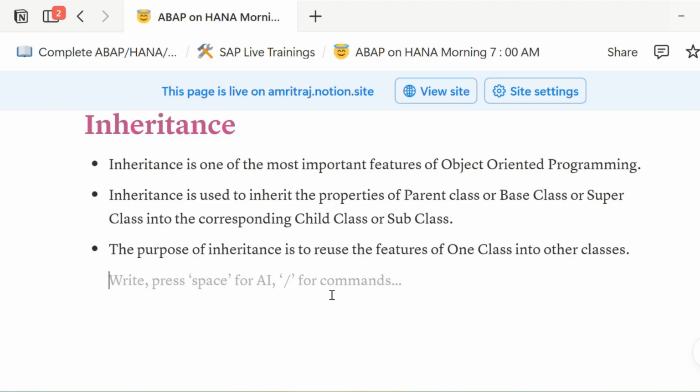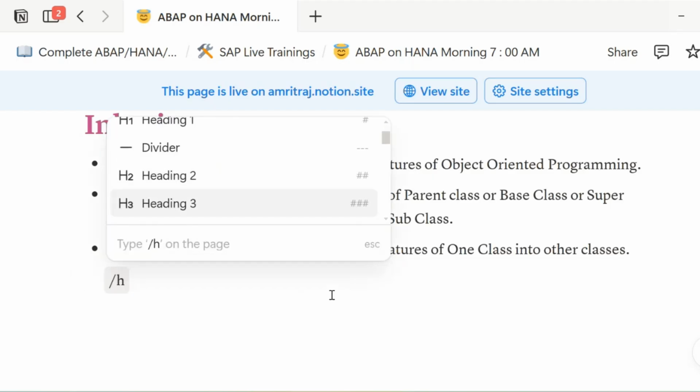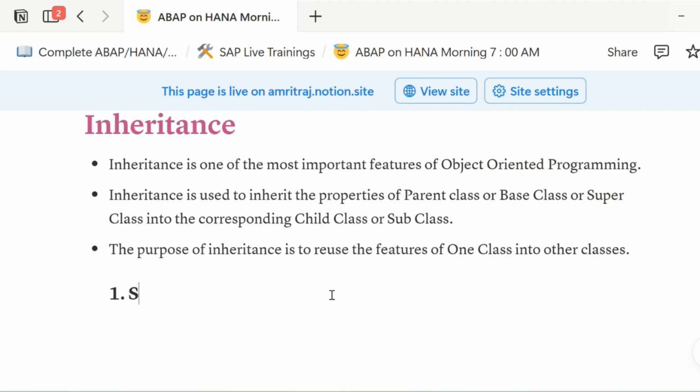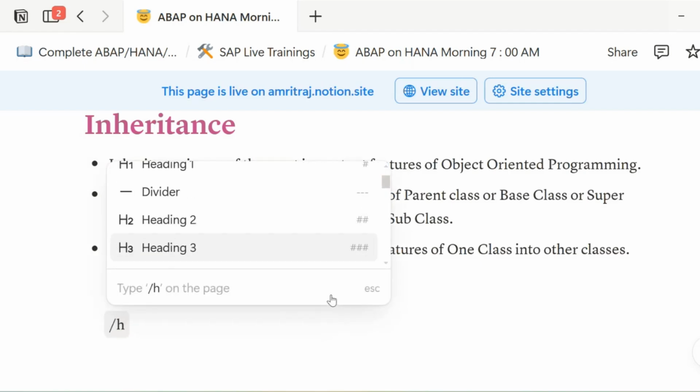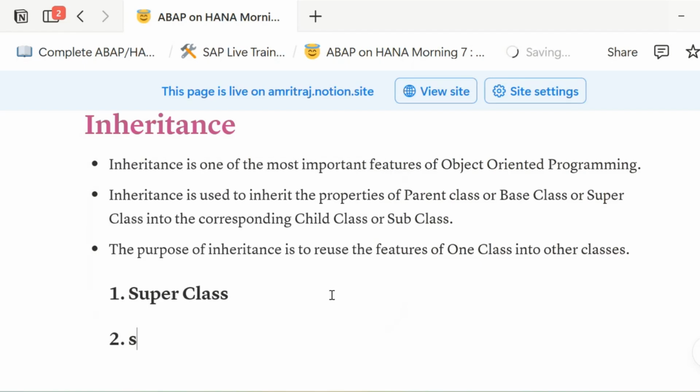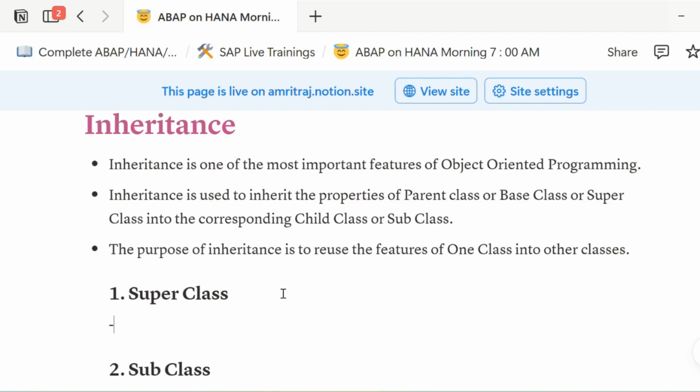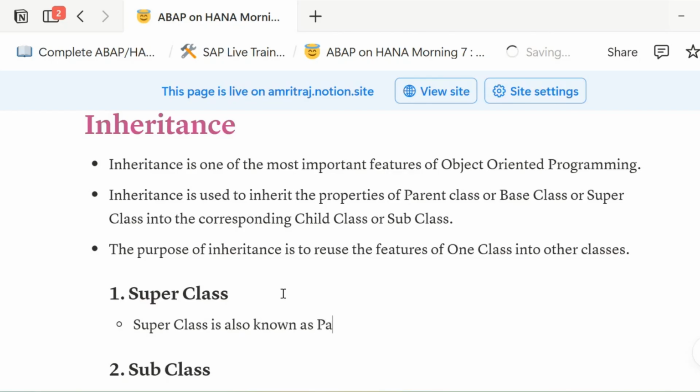So when we are talking about inheritance, two things you need to keep in mind. One is your superclass, and another one is your subclass. Superclass is also known as, again, everything is an interview question here, parent class,